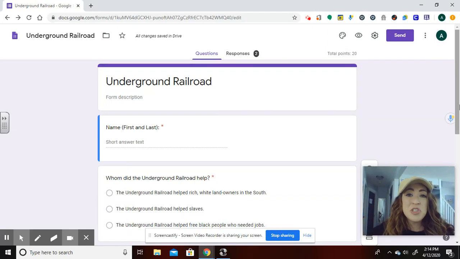Hey guys, so I'm going to show you a couple of tips and tricks that will make grading a short answer question in Google Forms a whole lot easier. So in Google Forms, there are multiple different kinds of question types that you can put in. Some students have to answer multiple choice, where they click on one option and that's correct. Some of them you can do a checkbox, where there can be more than one correct answer. And then there's also many others, but we're really going to be focusing today on the short answer part of it